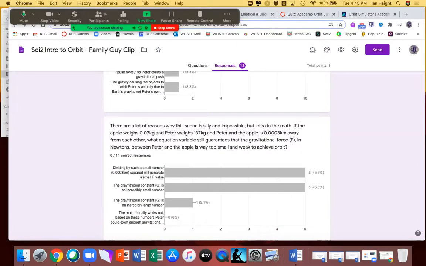But the last question gets at why this isn't a big deal. And it's the correct answer, which again, looks like we're pretty torn here. But it's that the gravitational constant G is an incredibly small number. If anyone remembers, it was some number times 10 to the negative 11. This is what brings newtons and force into the equation. And it's just sort of putting it in context, right? That gravity is actually extremely weak.